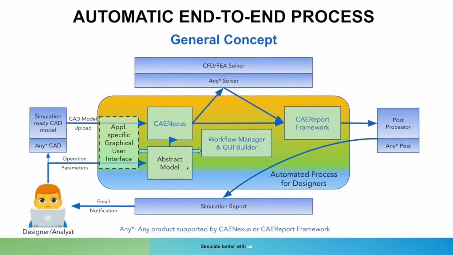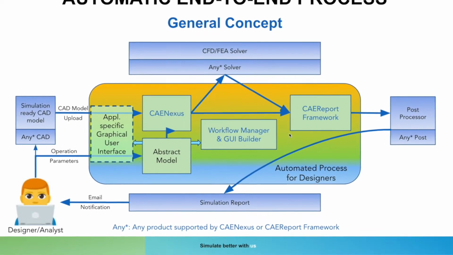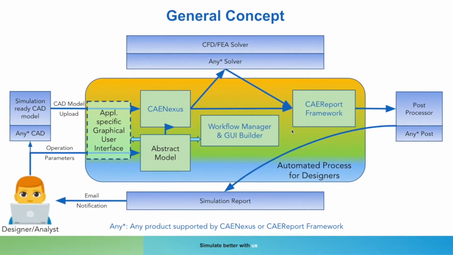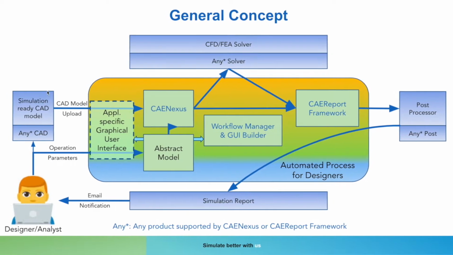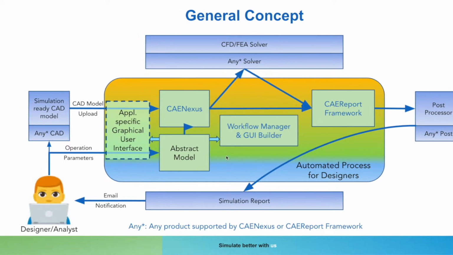The first thing I'll have you note is that everything in this yellow-blue box here is the automated process. These component parts are set up beforehand to allow design engineers or analysts to run multiple simulations across different CAD platforms and commercial and open source fluid and structural solvers with a lot of flexibility, while maintaining robust, reliable output. So it will start with a simulation ready CAD model, which is a basic CAD model that's